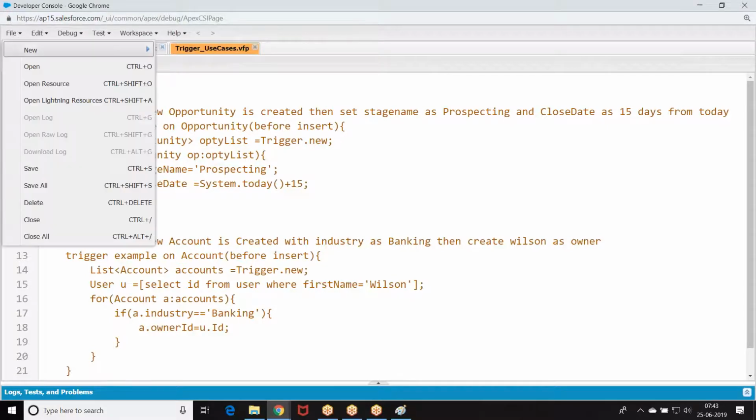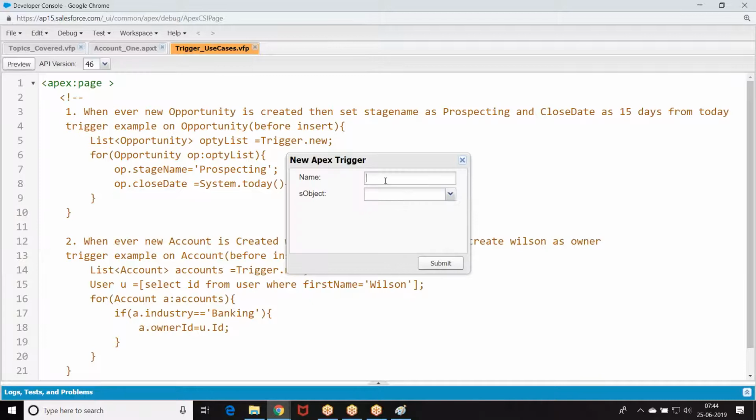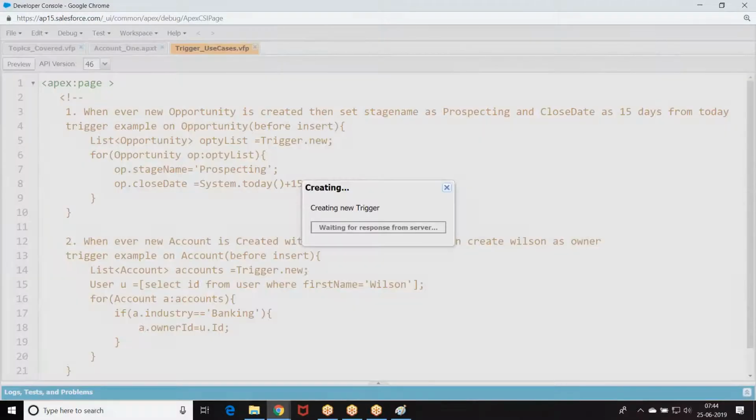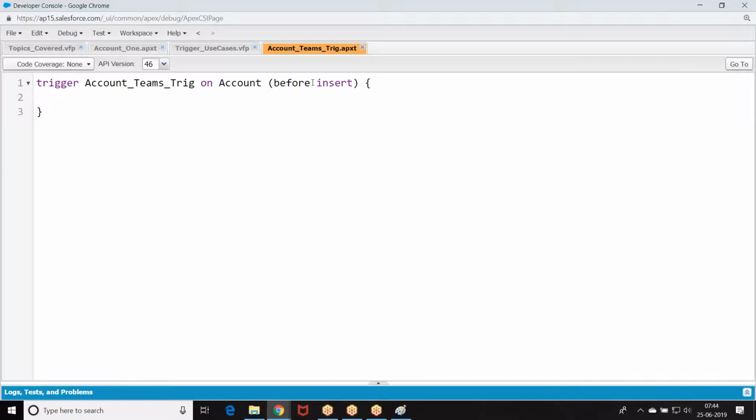So let me give you a context here. Apex trigger. Is it before or after? After. Now I told you we can use the data which is there in trigger.new, but we cannot modify it.